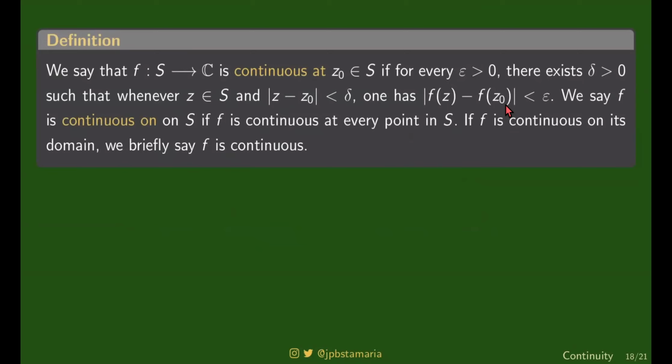So your complex function f is said to be continuous at z naught. Now take note that this z naught is part of the domain of f, meaning to say, may value dapat si f sa z naught. Yun ang unang-una. Dapat pag in-evaluate mo si f sa z naught, may value siya. Okay? If for every epsilon, there exists a delta such that whenever z is part of the domain and its distance from z naught is less than delta, dapat yung mga f nila, yung mga f ng dalawang points na ito, ang distansya ay less than epsilon.